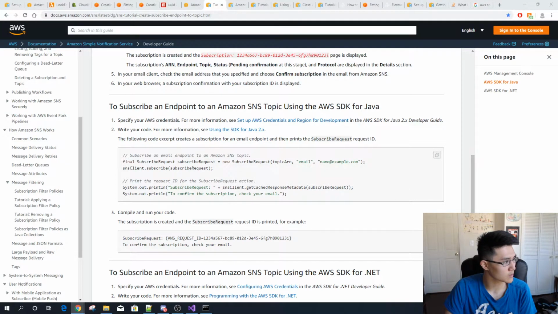Wait, why is my queue not showing anymore? What happened? Ugh, now I gotta go back off screen. Why is it not showing up? I did make the queue, right? I don't know if that worked, but...